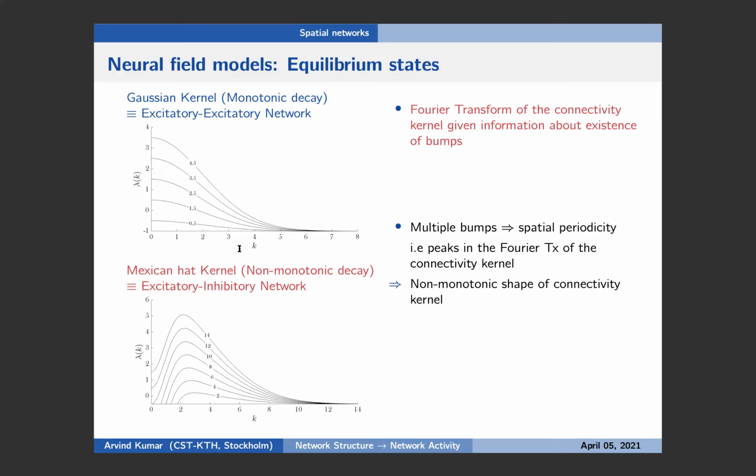And if we change the connectivity from Gaussian to, let's say, non-monotonic, for instance, a Mexican hat shape, which easily arises as we sum up excitation and inhibition together, then it turns out that there's a possibility to form a spatial periodic pattern. And the periodicity, of course, will depend on the properties of the connectivity kernel. So this whole analysis gives us a heuristic that whenever the connectivity kernel is non-monotonic, we should expect spatial patterns. And if it is not, then we should expect homogeneous activity.